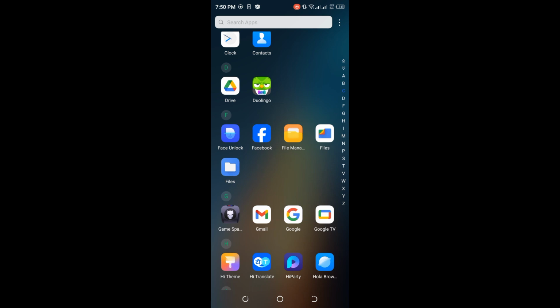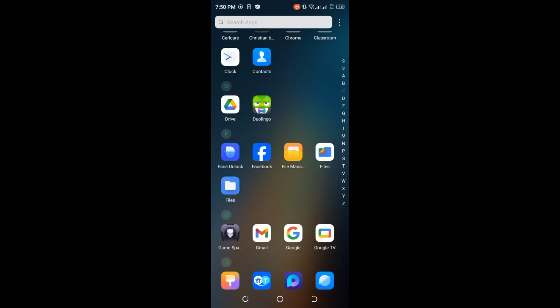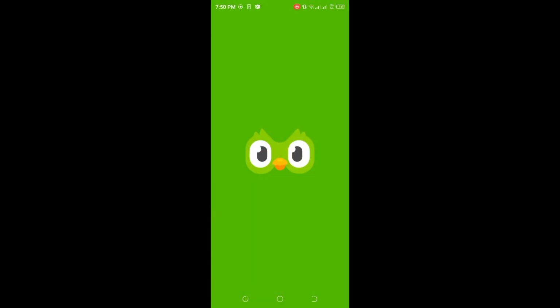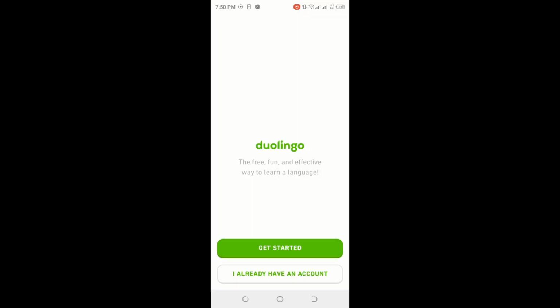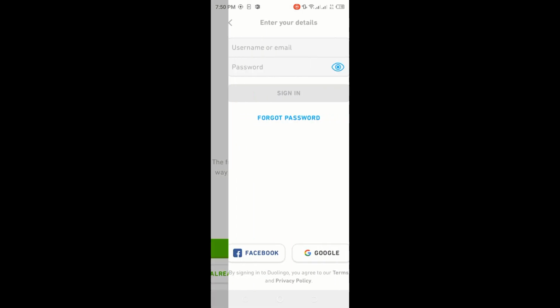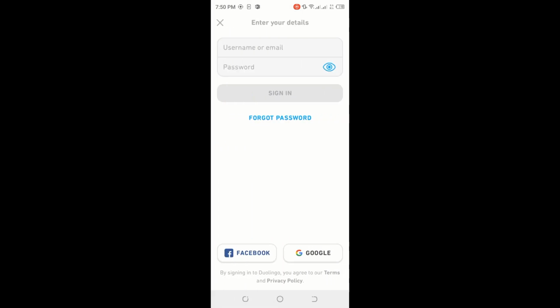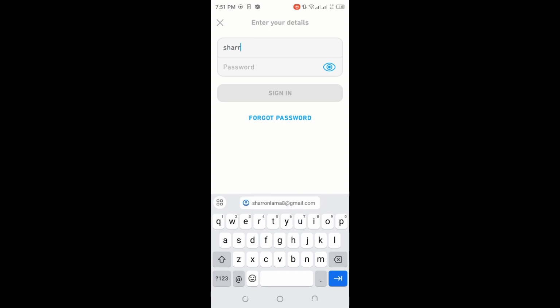In today's video, I'm going to show you how you can recover your Duolingo password. First, launch your Duolingo app on your screen. And on the second option on the bottom that says, I already have an account, tap that option. So we have to enter our details. Simply type your email, and on the bottom that says forgot password, you have to tap on that option